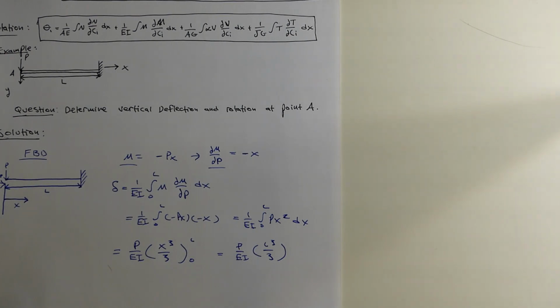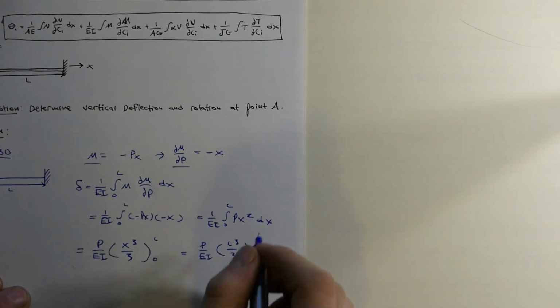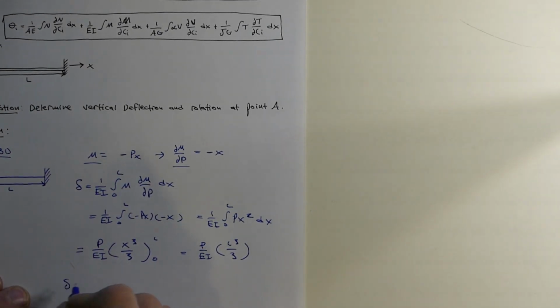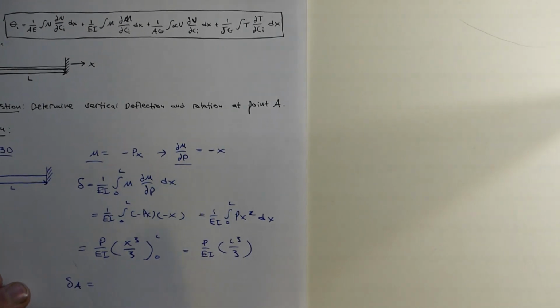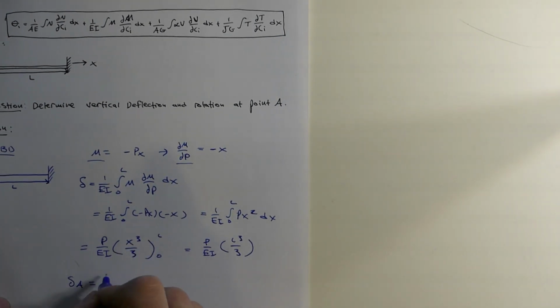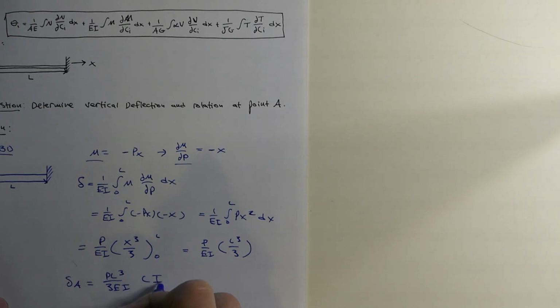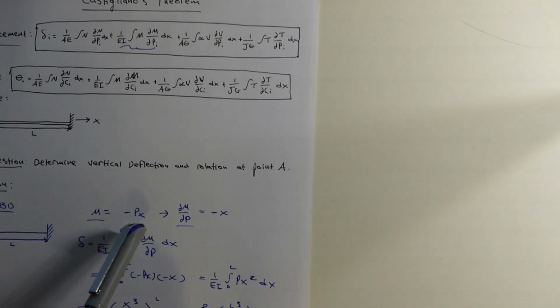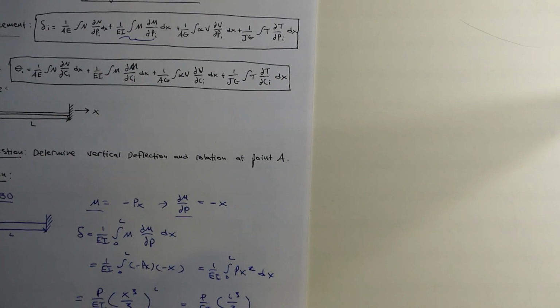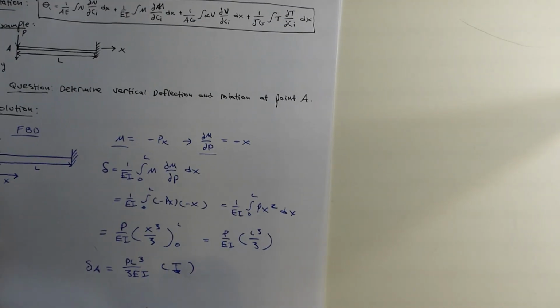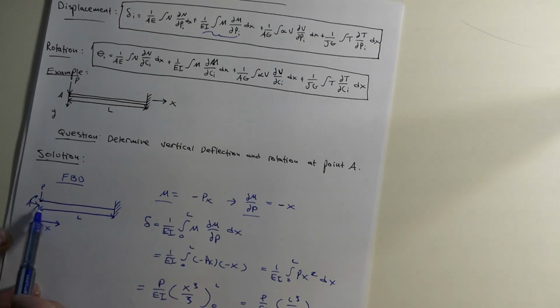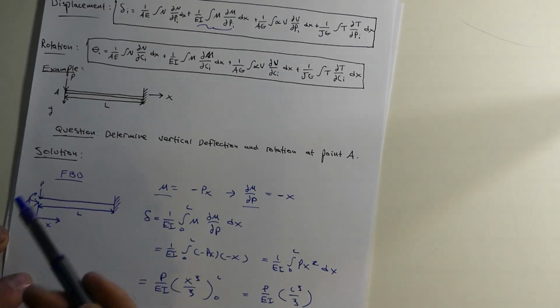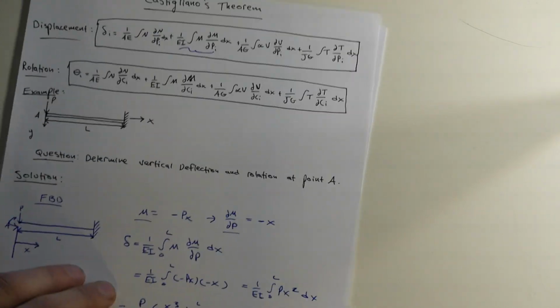So our deflection at point A is just equal to PL cubed over 3EI. And this is downward because we assumed negative here, so we got a positive. So the deflection's going down. And you can see from this diagram here that it makes sense because the beam just bends down. Okay, now